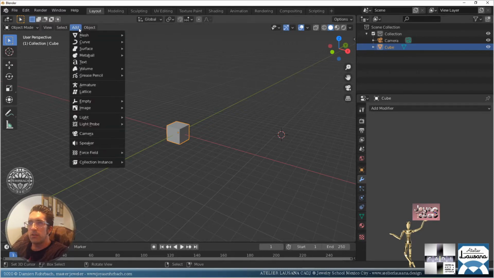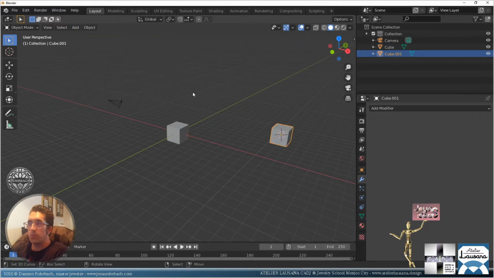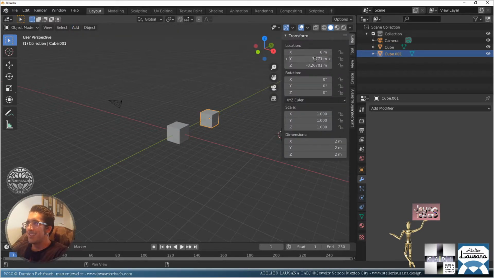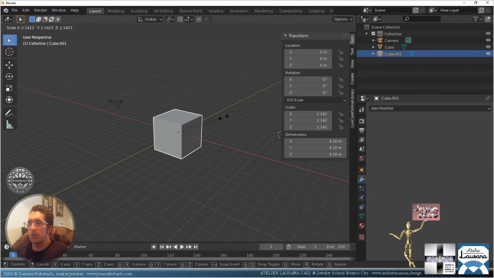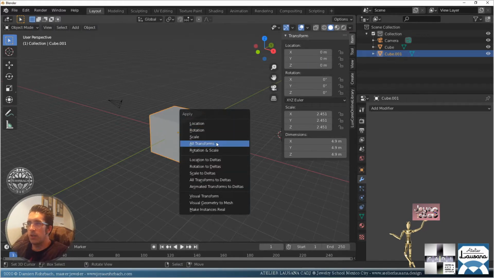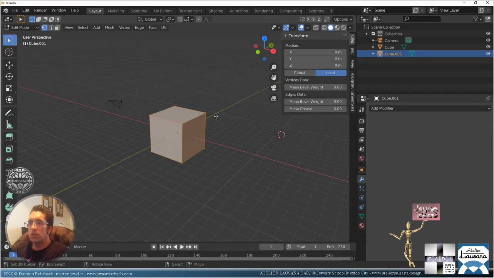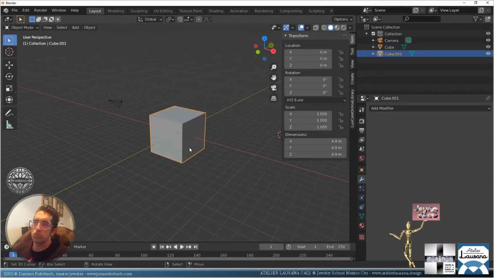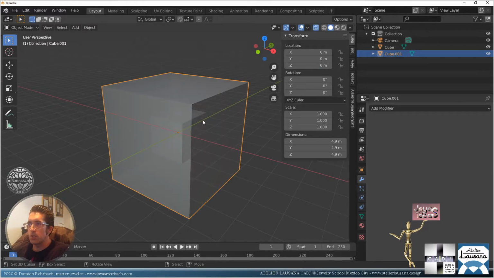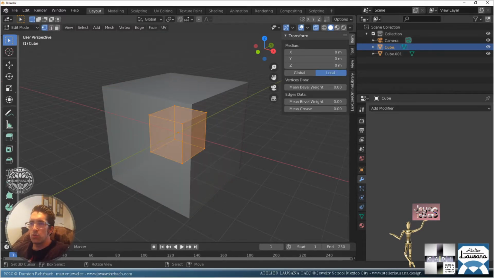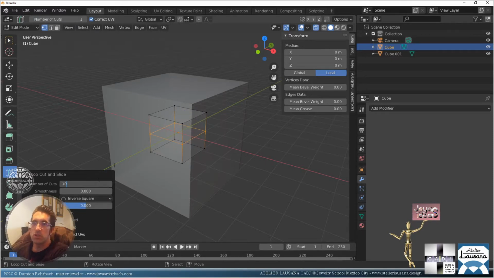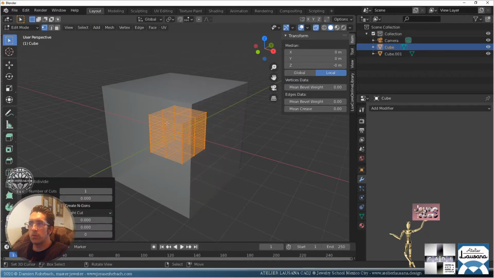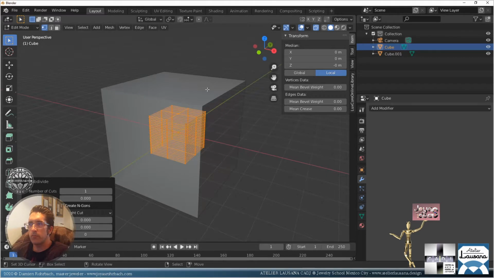Okay, so let's create another cube. Let's center the cube again. Okay, let's make it bigger. So Control A. This one I'm going to divide just once, just to show you how it works. This one I'm going to cut this way 10 times. And I'm going to divide it, I think, once like that. So now,